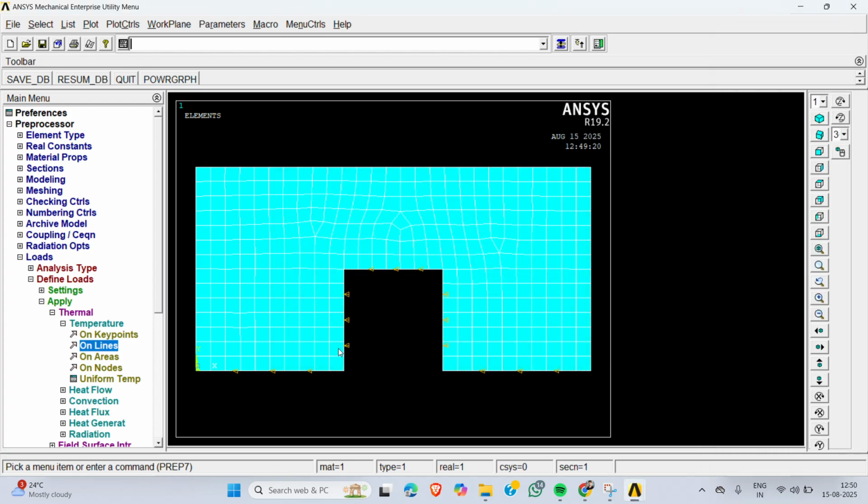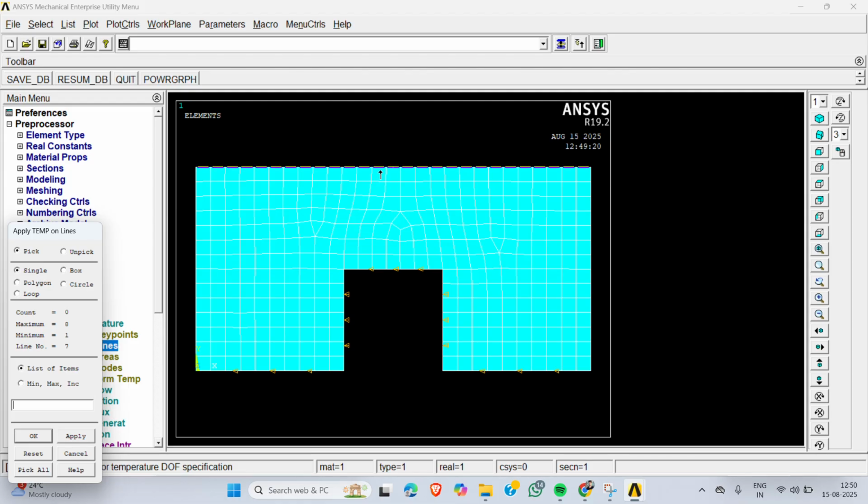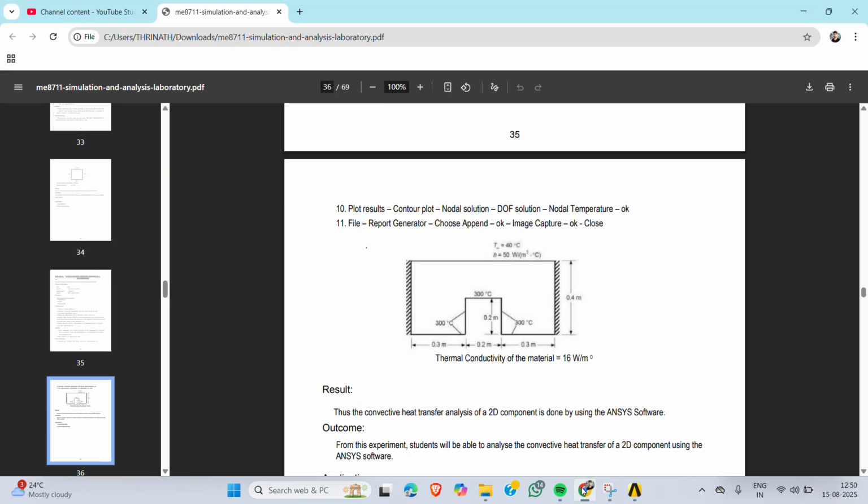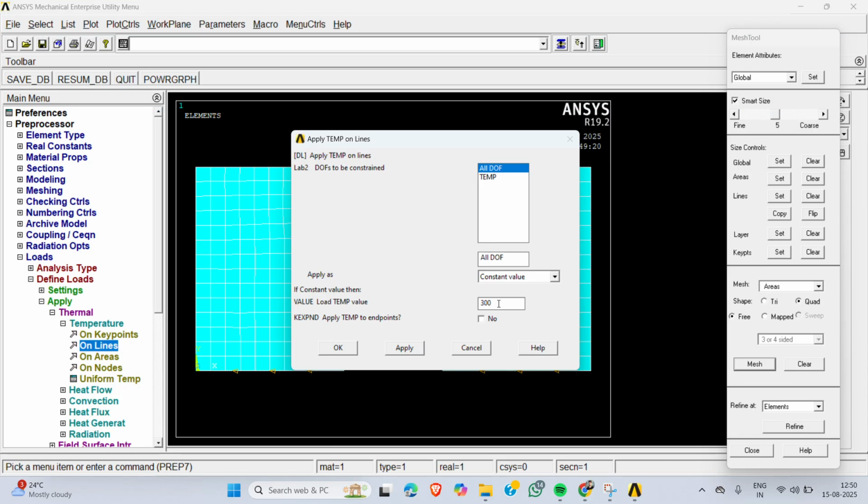Okay, and then the temperature again on the top, on lines, select lines on the top. Okay, here we need to select all DOF at the same time. Temperature is, what's the temperature? It is 40 degrees centigrade. So 40 degrees centigrade. Okay,